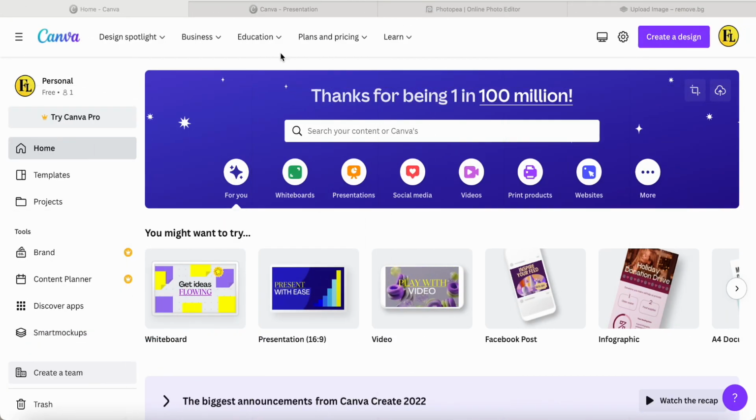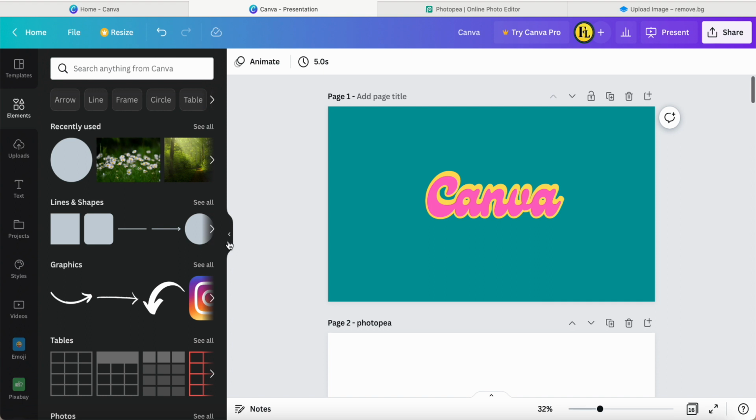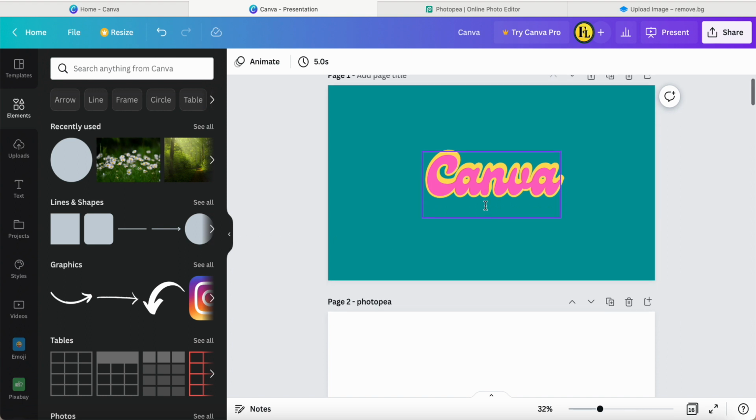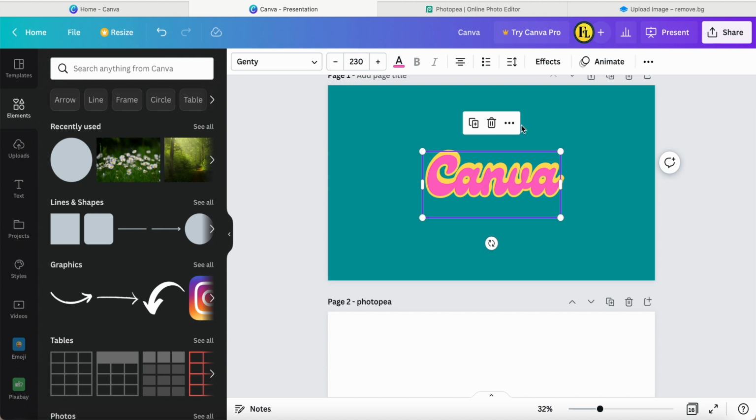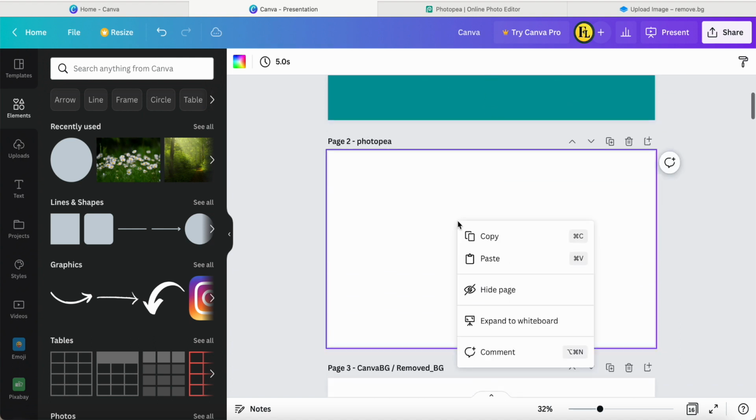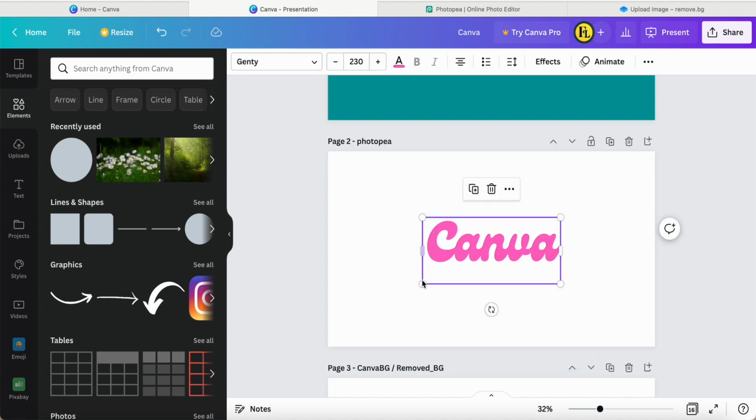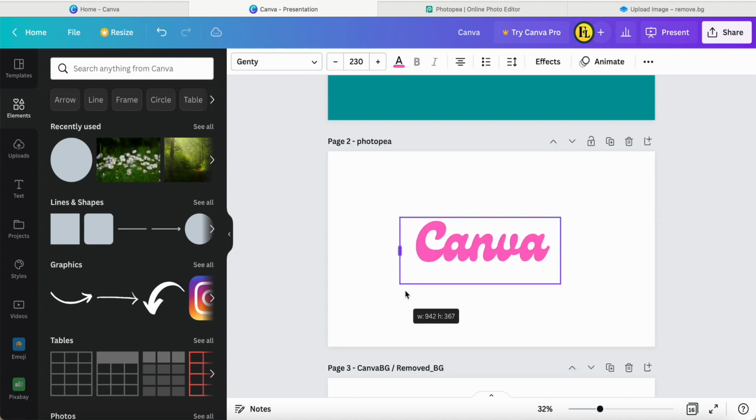Today I would like to share with you the text typography. For example, this one is my previous one. So I just copied it and then pasted it. So this time I will use